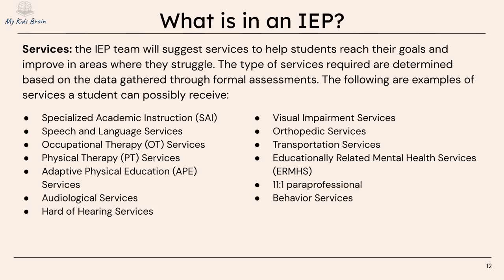The most common support is Specialized Academic Instruction, or SAI, which refers to tailored teaching strategies and supports designed to help students with disabilities or specific learning needs access and succeed in the general education curriculum. It involves modifying the content, teaching methods, and delivery to meet the individual needs of the student. This can be broken down into 2 main categories, although there are other continuum of support, but the student can be supported in a separate setting, smaller group, or within the general education setting.